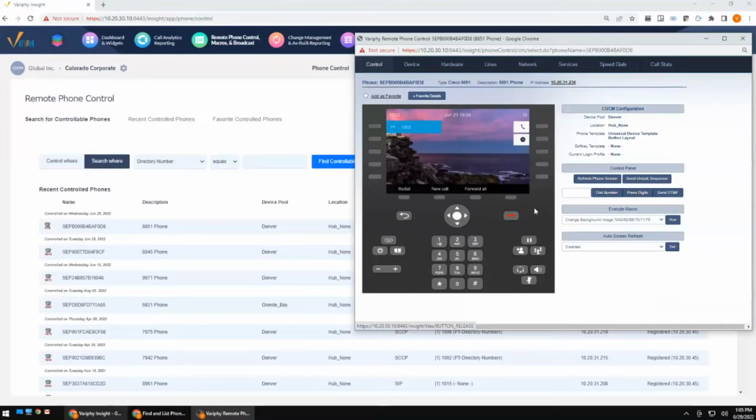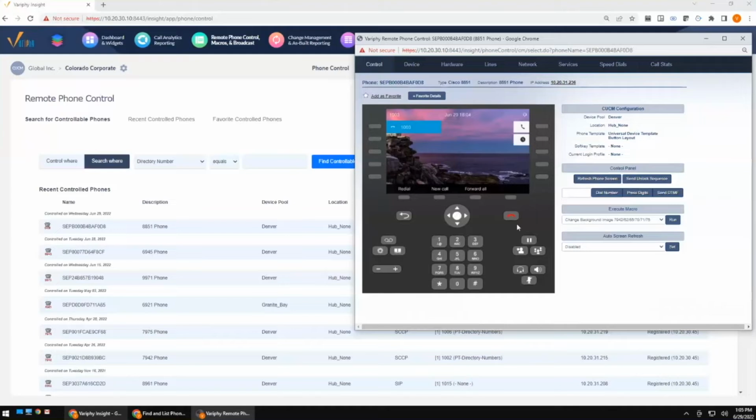Now, one of the nice things about the ITL certs, as any Call Manager administrator knows, is that once those ITLs become invalid, those phones won't register. They'll still be hitting the Call Manager, and you're still going to see an IP address. You can actually still run an ITL delete against a phone that is not registered because of an invalid cert. So this is a great way to get those phones back online when they're not properly registering due to, in this case, an ITL cert incompatibility or expired certificate.